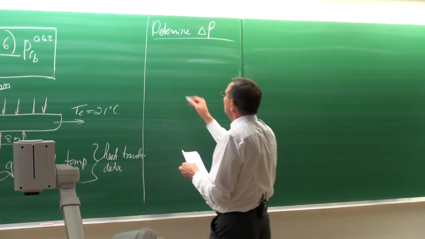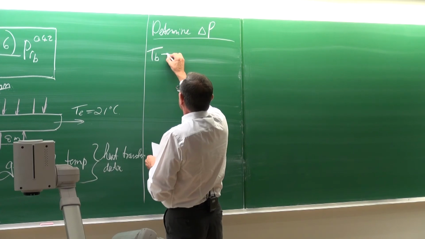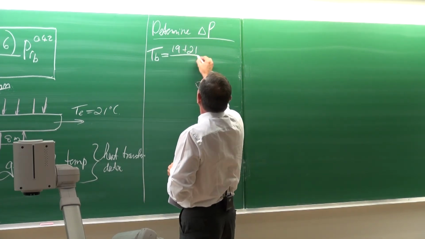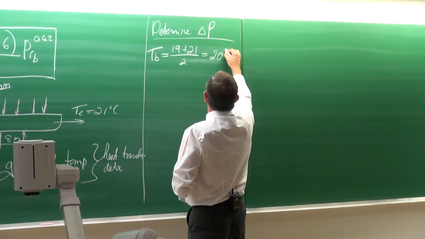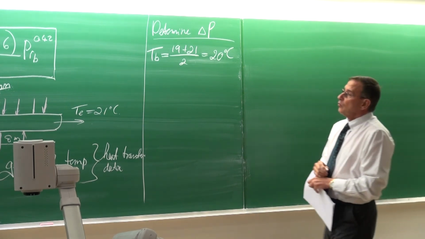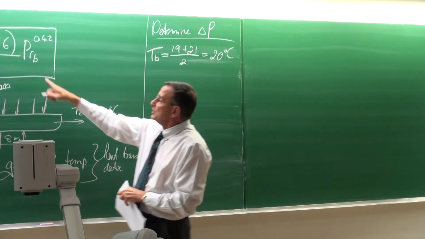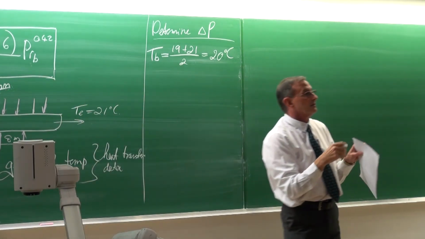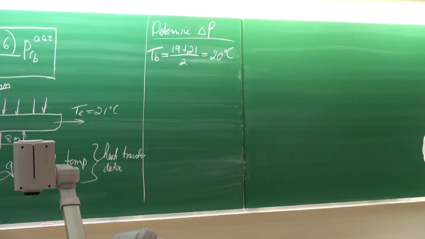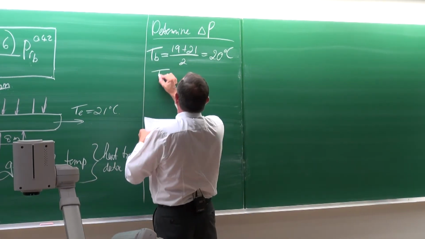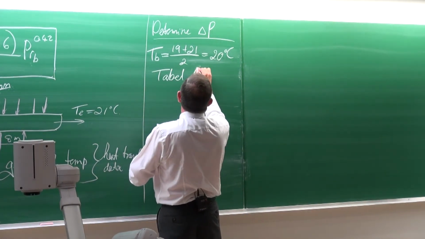exchanger. Right. Now the bulk temperature would be the average of the inlet temperature and the outlet temperature, which is 20 degrees Celsius. That is the bulk temperature. Why is that important? It is important because here you can see we need the properties at that bulk temperature. So at that temperature we need the viscosities, the CP values and the K values, etc. So from table A9 in your textbook,